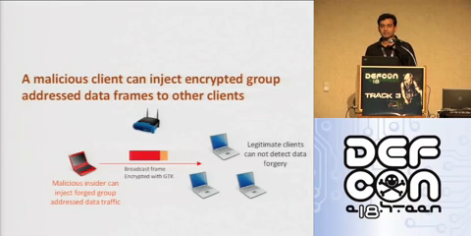Which means a malicious insider has access to a broadcast frame which it can create, generate and send, and there is no way for other Wi-Fi client devices to differentiate whether this packet is coming from another malicious user or from the access point. Absolutely, there is nothing present in that packet which can help a client. So it's clear that an attacker can send broadcast packets, so he can do a lot of attacks.